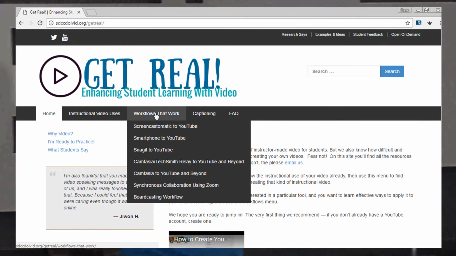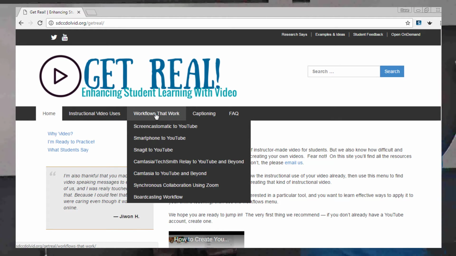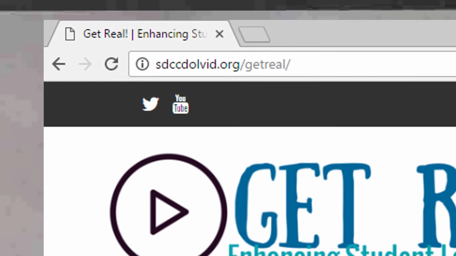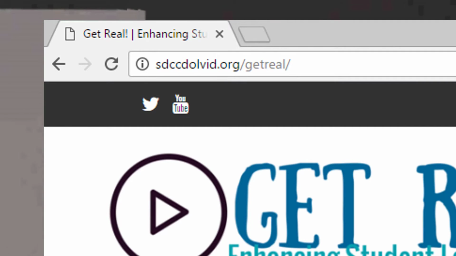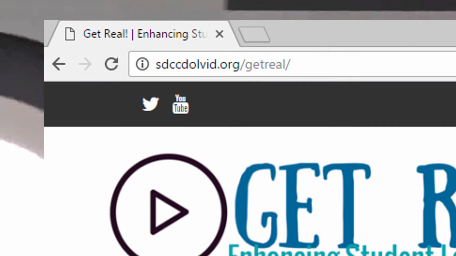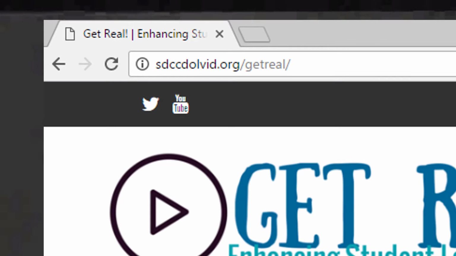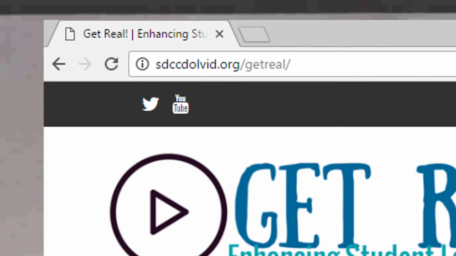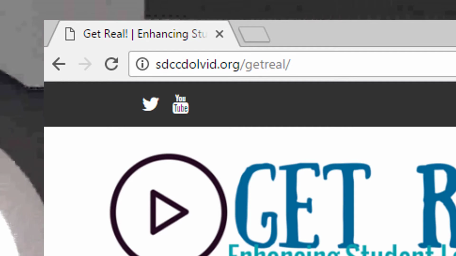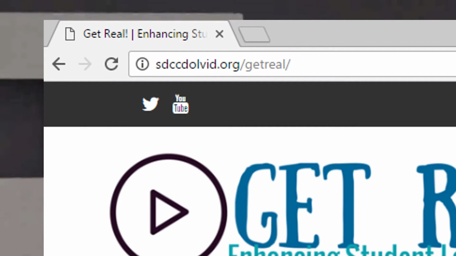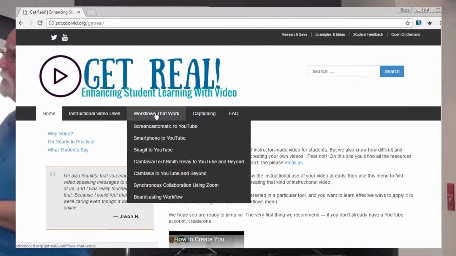This is the nuts and bolts of the site. Yes? What's the URL? SDCCD, that's easy enough to remember. OL, online, VID, video. So SDCCDOLVID.org, because we don't want to pay for .com, .org/getreal, all one word. Get Real with video. We provide this for reference and for people who just like to do it on their own, but we love